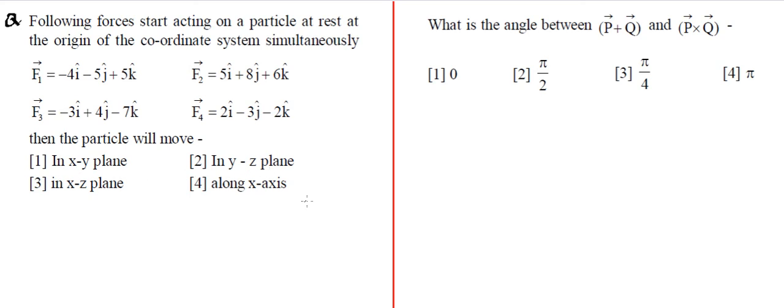Now we know this by basic knowledge, or we will be studying it further in detail. Let's say a particle is placed here at the origin, which means it's not moving, right? It will move in the direction in which the total force acts. Let's say the net force acts in this direction. Then the particle will move in the direction of the net force. Making sense? And how to get the net force? Net force is the vector sum of all the forces.